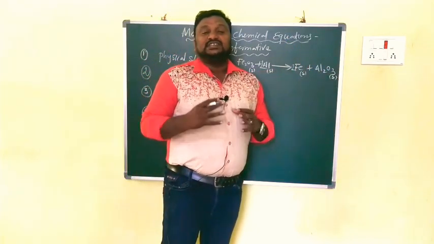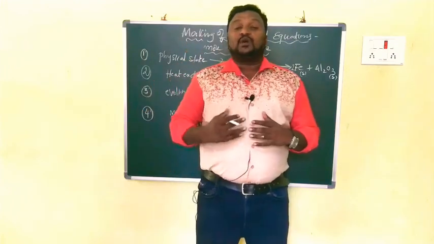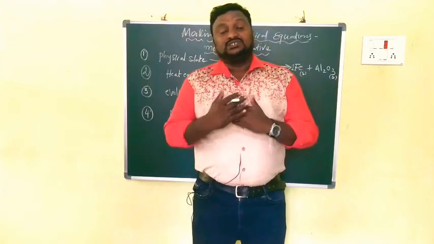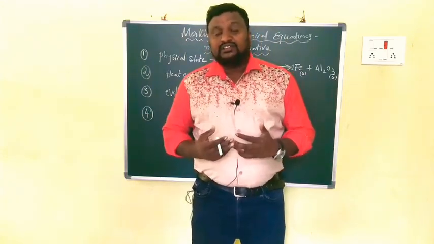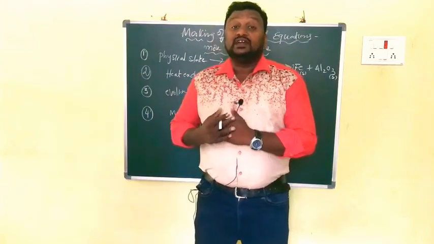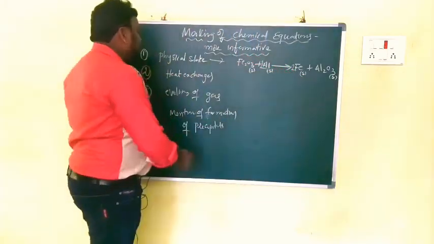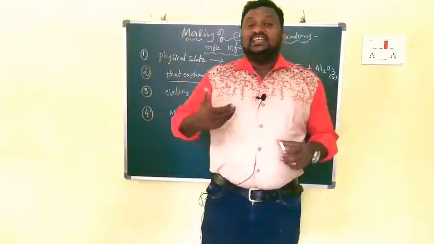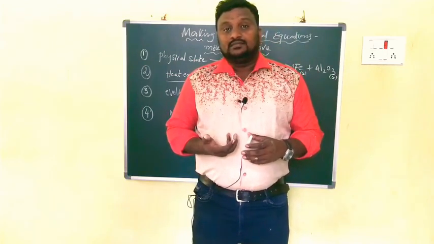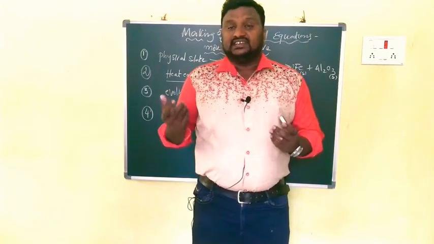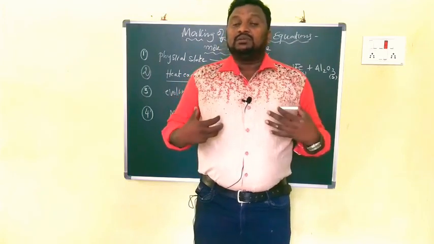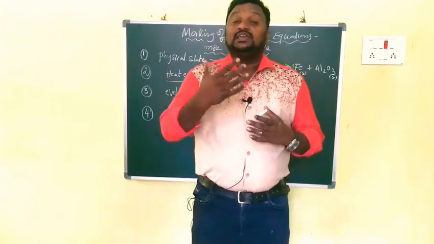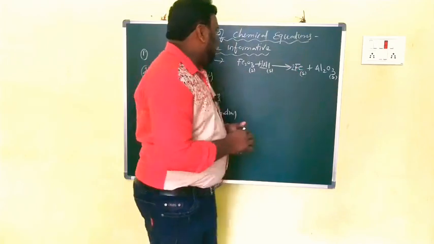So the physical state characteristic identifies the state of the compound, whether it is on the reactant side or the product side. Physical state is nothing but identifying the physical state of the given compound. And next, heat exchanges. Tell me, is there any heat required to do the chemical reaction? Yes. In some chemical reactions heat is liberated, in some chemical reactions heat must be supplied to do the reaction. So for example here,